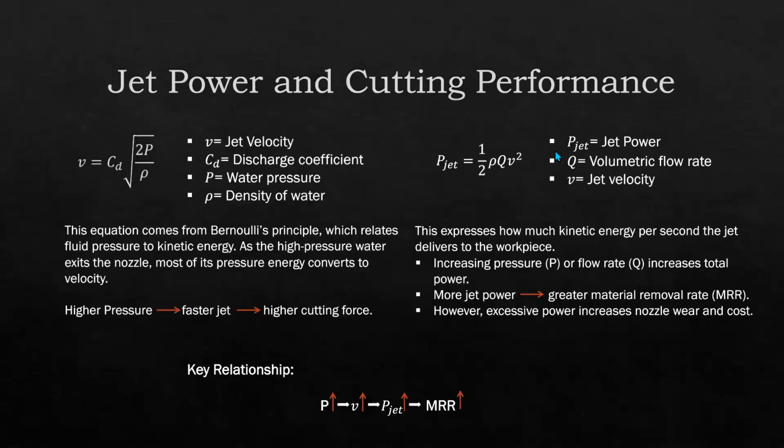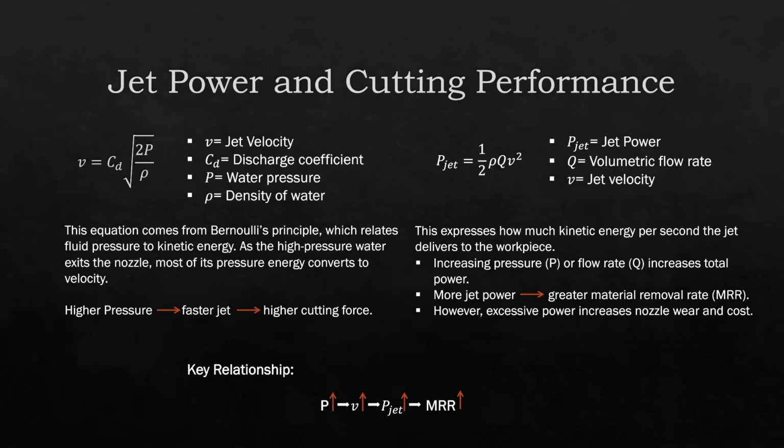Moving on. Now, to understand what actually makes abrasive water jet machining effective, we need to look at the relationships between pressure, velocity, and cutting power. The first equation there on the left comes from Bernoulli's principle, and it relates water pressure to jet velocity. Essentially, when the pressurized water is released through the nozzle, the pressure energy is converted into kinetic energy or speed. The higher the pressure, the faster the jet exits the nozzle, and the greater velocity gives the process its cutting